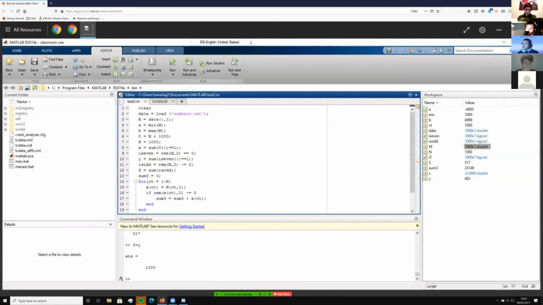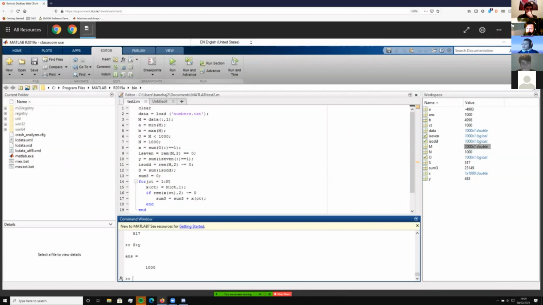So we could do the same thing here. We could copy this and replace this sign here with an equal sign, and we'll do it for odd numbers. So if I type in sum, what do I do? Oh, there we go, sum 3. Yeah, so that's the sum of every odd number. The reason why typing directly into this command window is great is you could go like sum 3 divided by, what do I have, s? And that's the average of all your odd numbers.